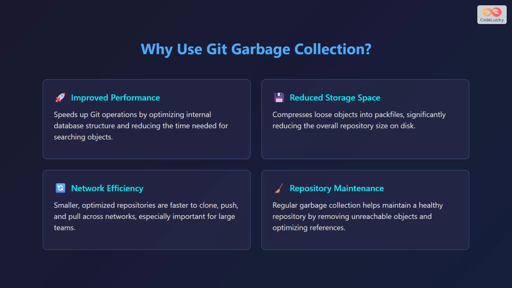Why should you use Git Garbage Collection? There are several compelling benefits. Firstly, it offers improved performance by optimizing the internal database structure and reducing the time needed for searching objects. Secondly, it provides reduced storage space by compressing loose objects into pack files, significantly decreasing the overall repository size on